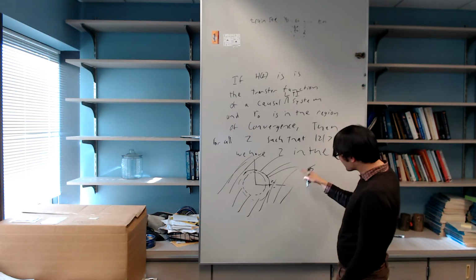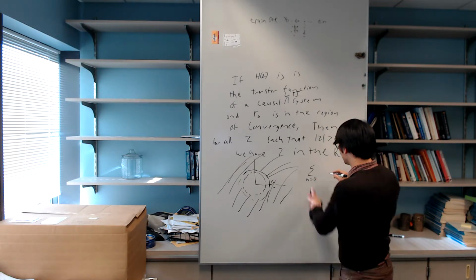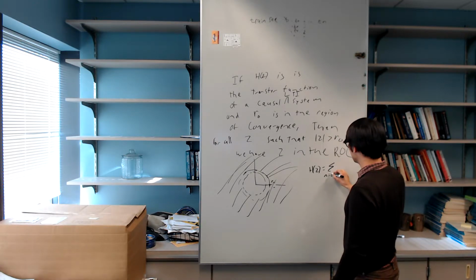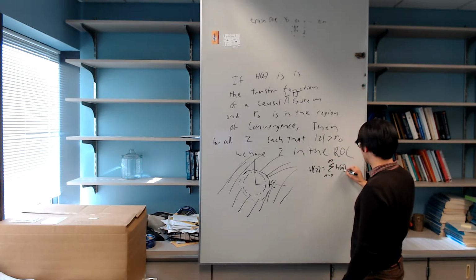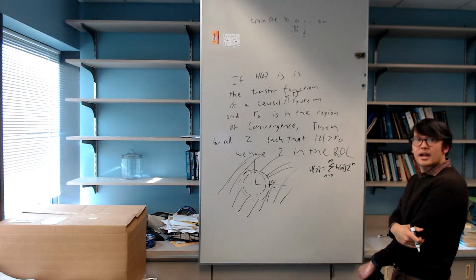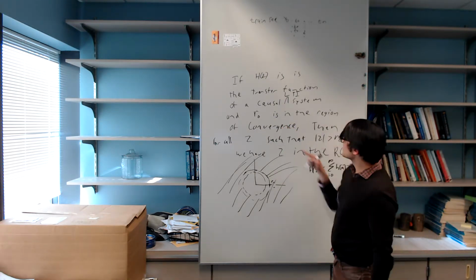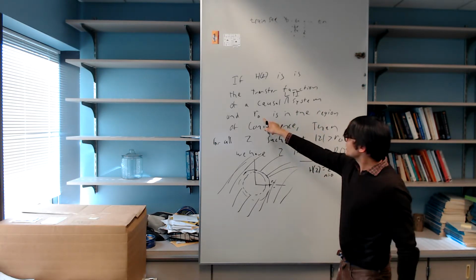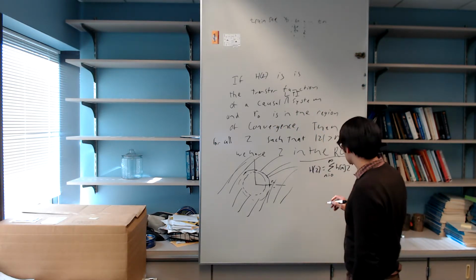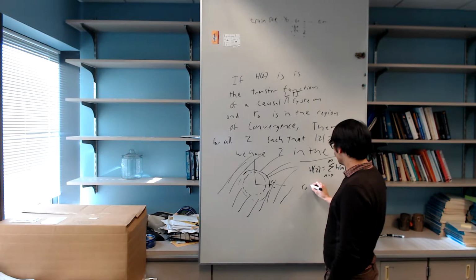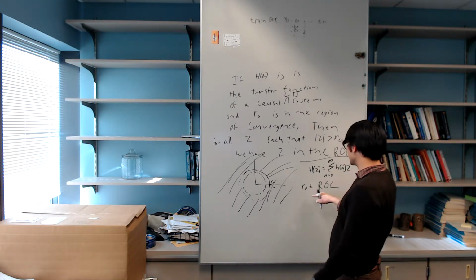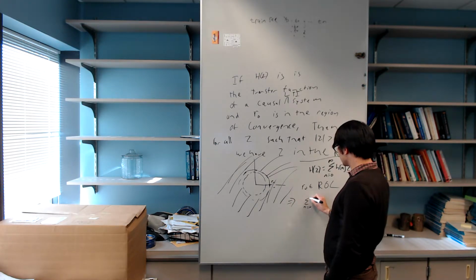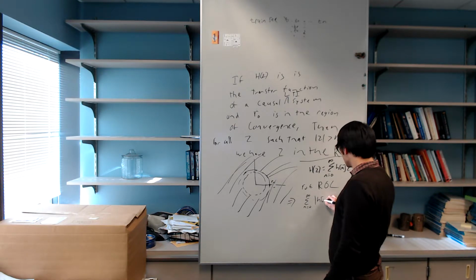So we can automatically write H(z) equal to the sum from n equals 0 to infinity of h[n] z^(-n). And by knowing that R0 is in the ROC, which is what I'm proving, that implies that the sum from n equals 0 to infinity of h[n]